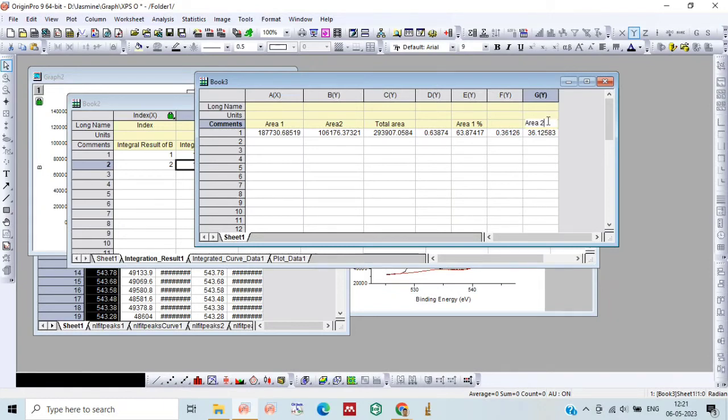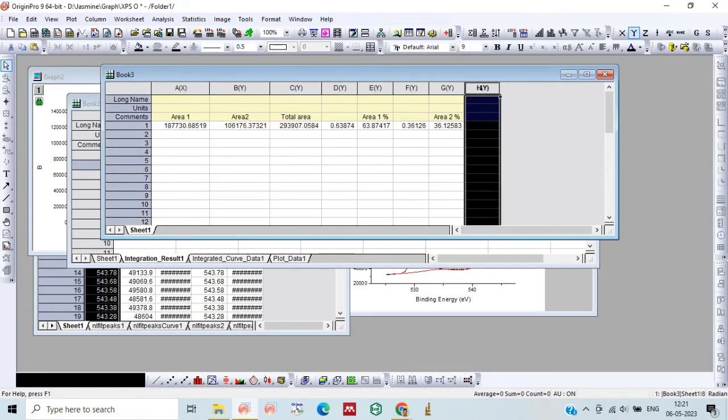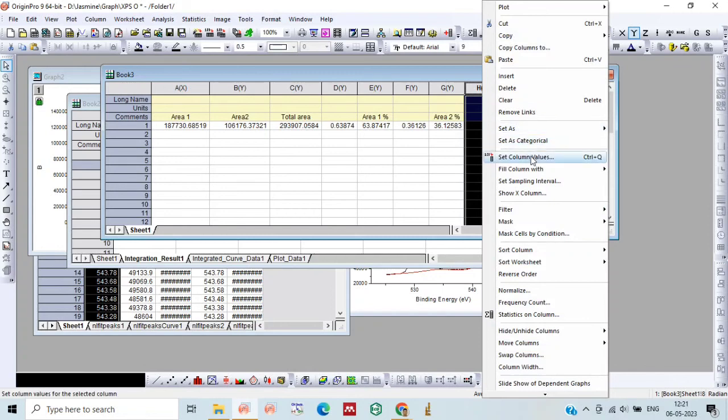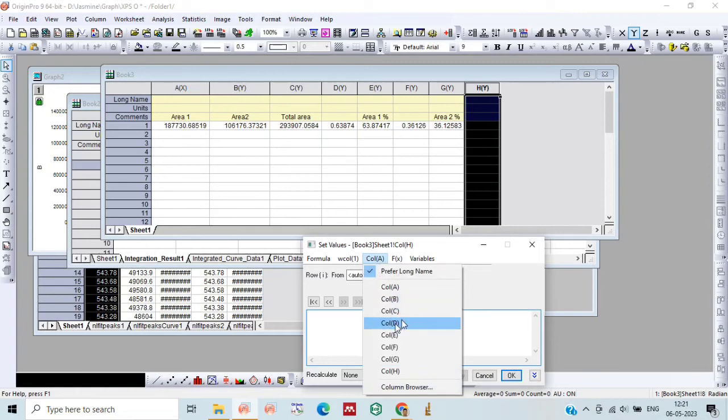We can also obtain this value by directly subtracting the area of the first curve from 100 percent. So this formula we can use when there are only two curves. When there are more than two curves, we need to calculate by this percentage way only, by dividing the area with the total area. So this is how I am showing you how to calculate when there are only two curves. We just need to subtract the area of any one curve from 100, and we will get the percentage of the second curve.